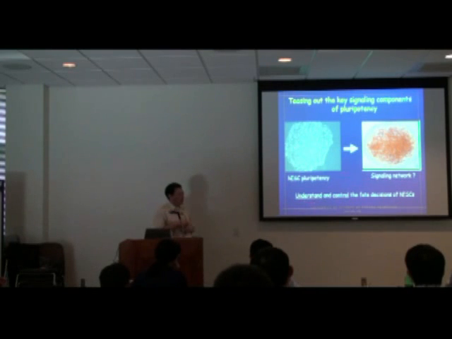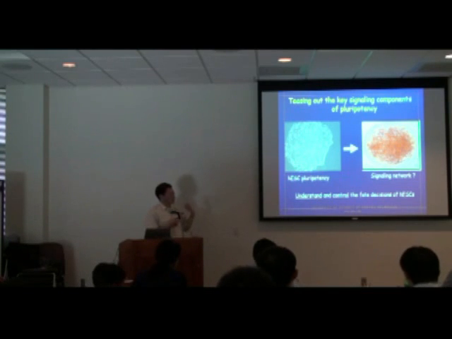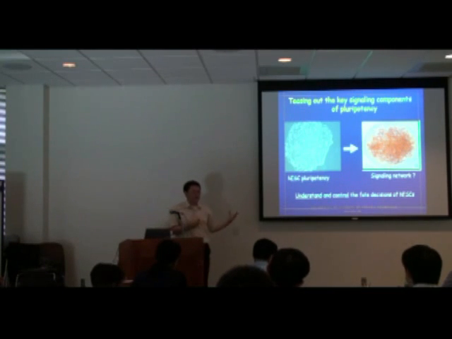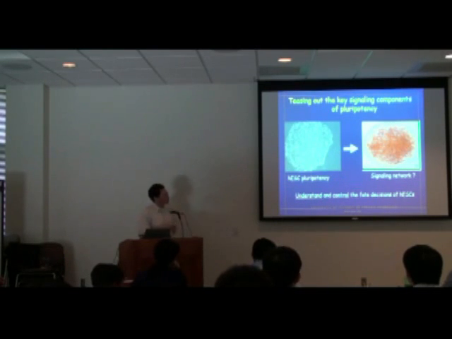And then I'll hopefully make the point, which is one of the bottom lines I wanted to deliver with my talk: by understanding how this network works, you can really control the fate of human ESCs. I think this is where you can connect your basic science knowledge to application of these cells for therapy. So we'll get to that, and hopefully you have an idea here. So this is very important.